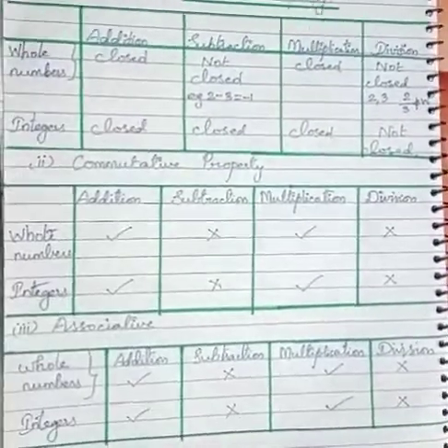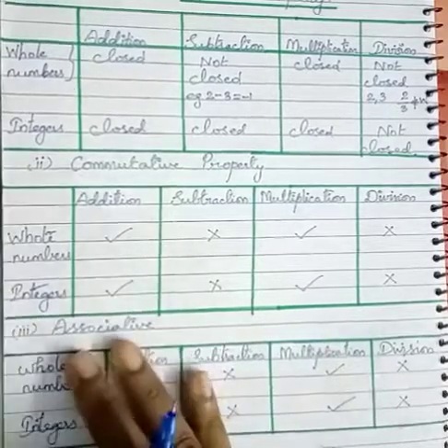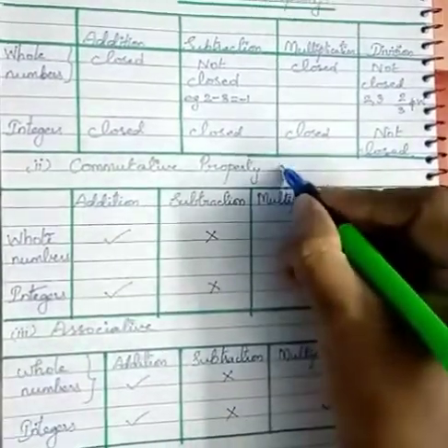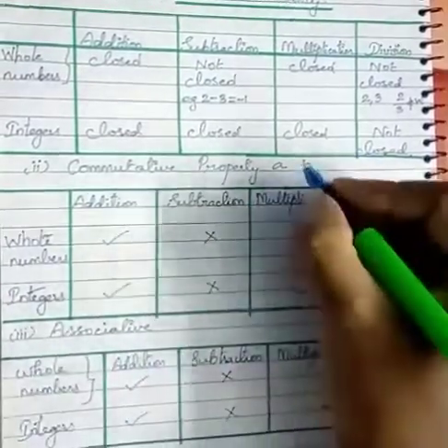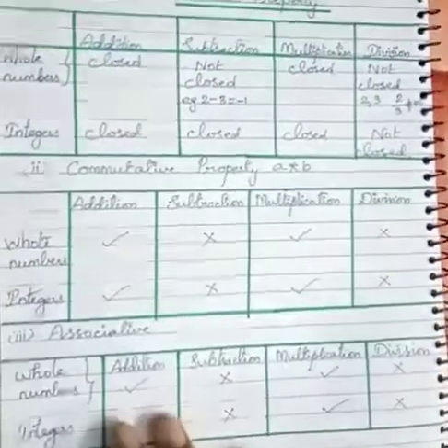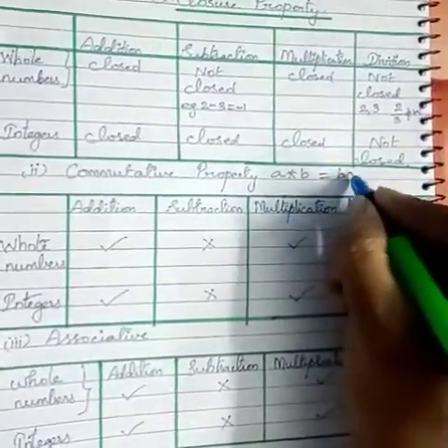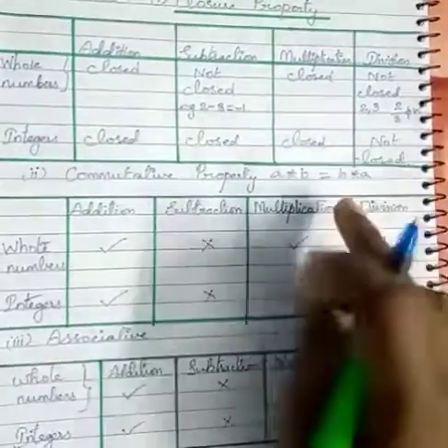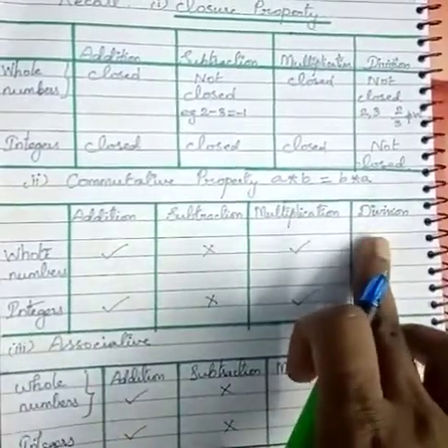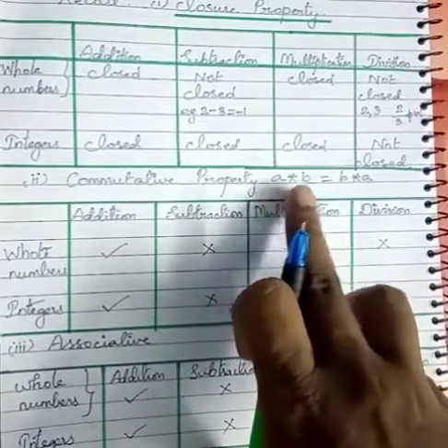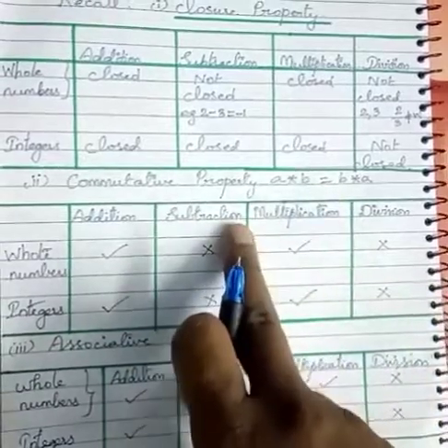Next we are going to describe the commutative property. What is a commutative property? When you take two elements A and B belonging to any set and operate them, we get A star B. Again, when we operate them in the reverse order, we get B star A, where the star may be any binary operation: addition, subtraction, multiplication or division. So when A operated with B and B operated with A are equal, we say the property is a commutative property.